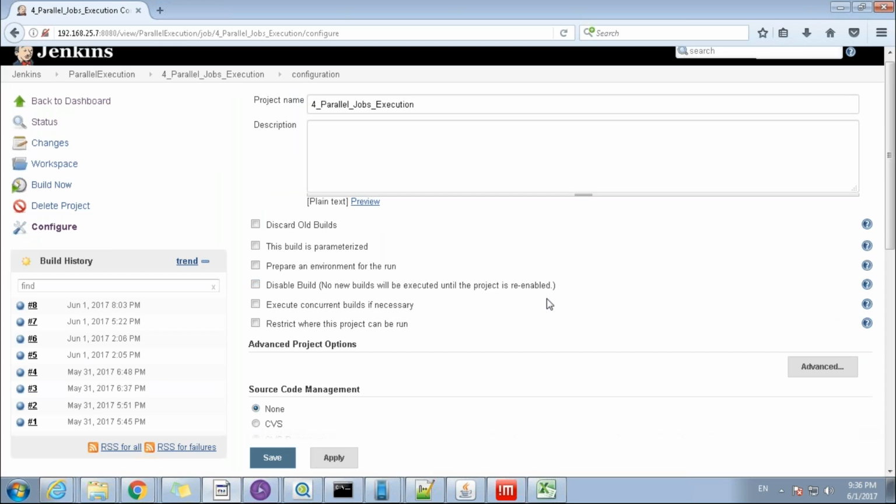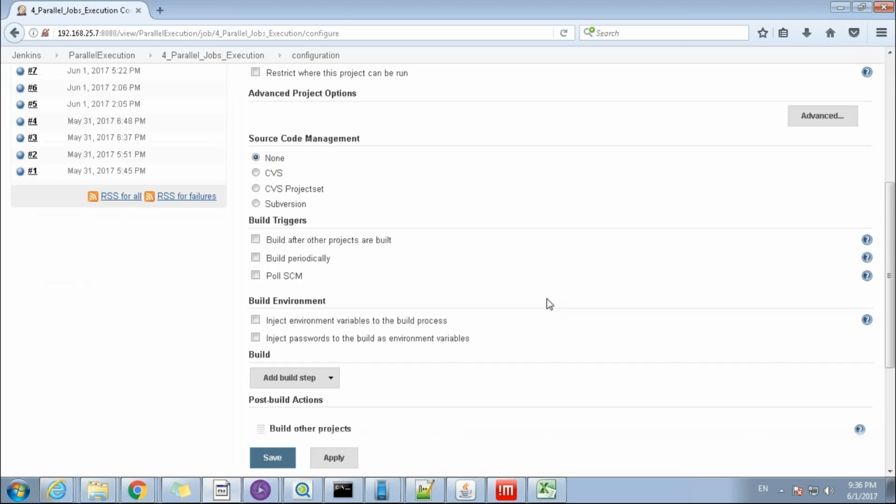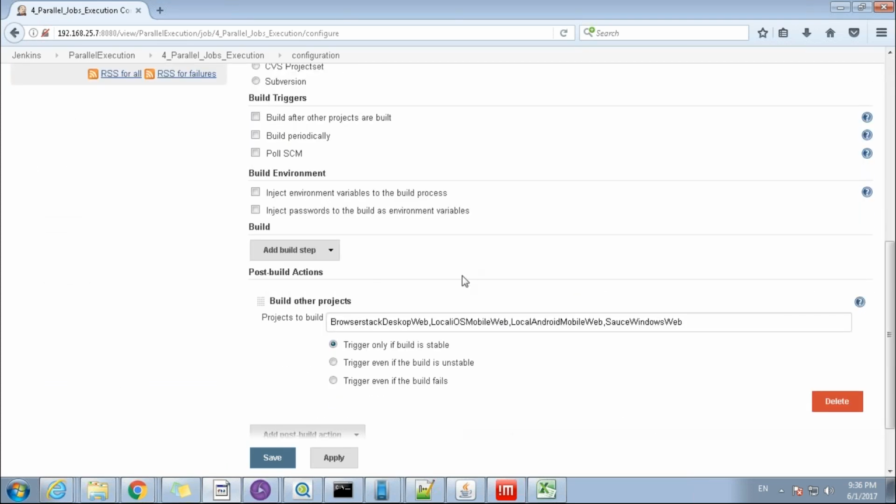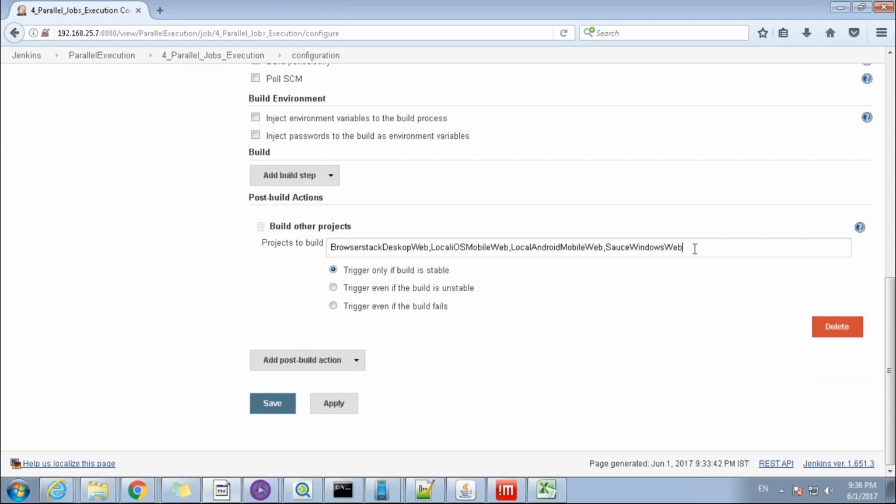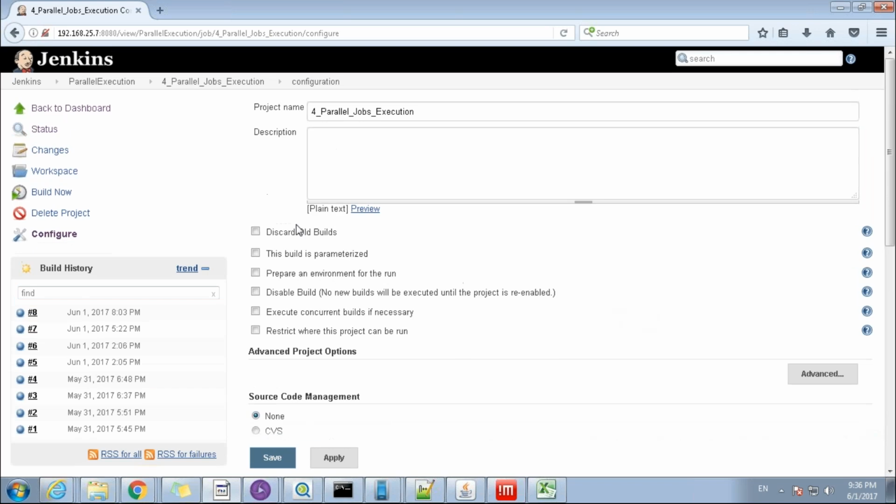All it does is execute post-build actions where we are calling the 4 builds that we just saw, and this build will execute these jobs simultaneously using Jenkins. And obviously in the background it's leveraging the Qualisha offline package.